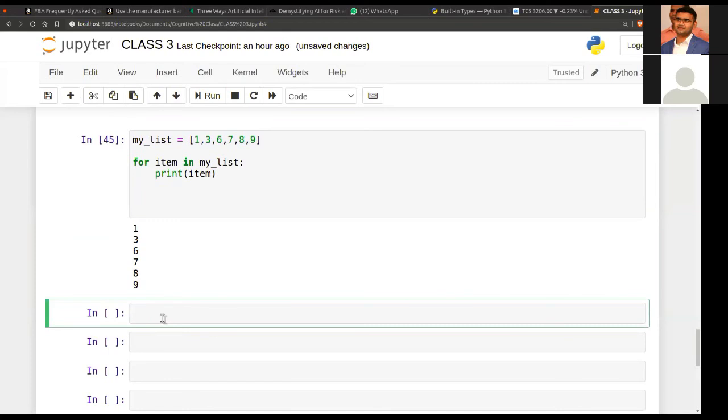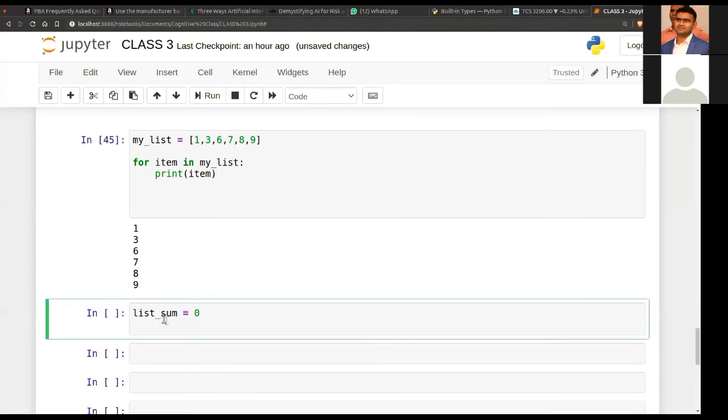First of all, I'll create an integer and initialize it with 0. Let it be 0. I'll start off with my for loop, where I have kept i as my iterator in my list.